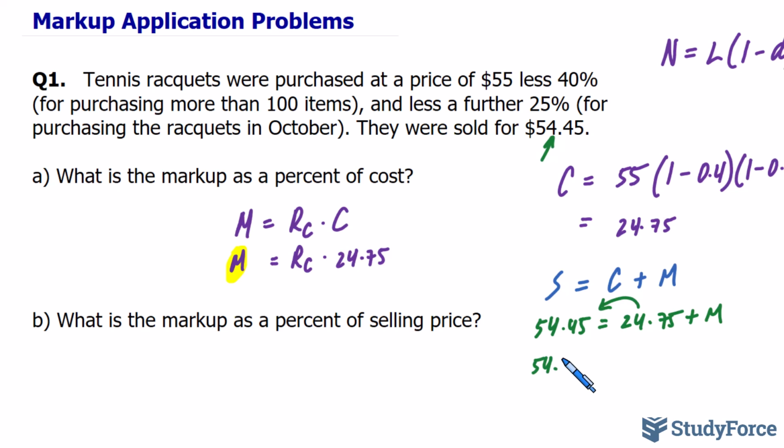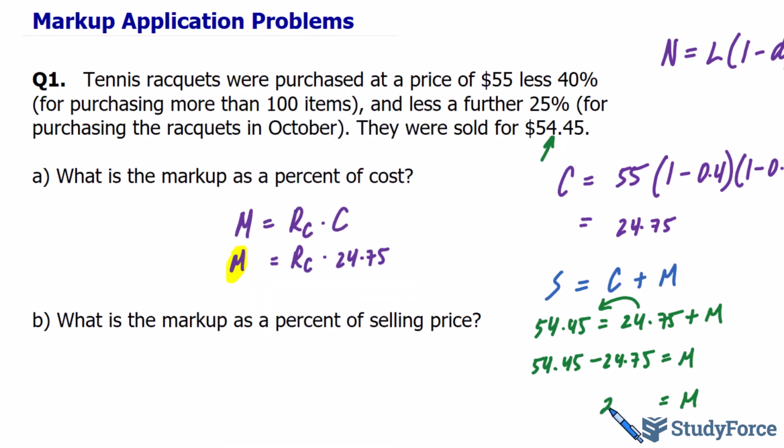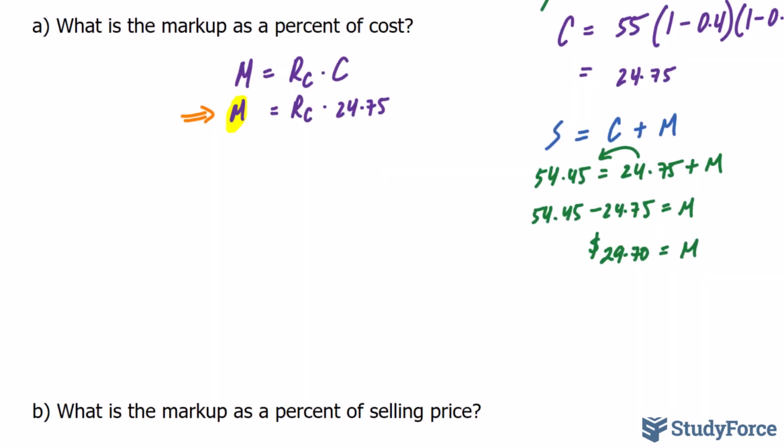So $54.45 take away $24.75, that's equal to our markup. And let's use our calculator. $54.45 take away $24.75, and we end up getting a markup of $29.70. And now we can use this and substitute it back into this formula to find R sub C. Okay, substituting $29.70 into here,